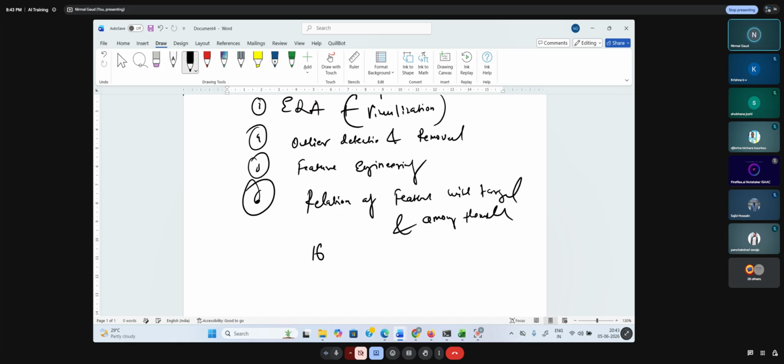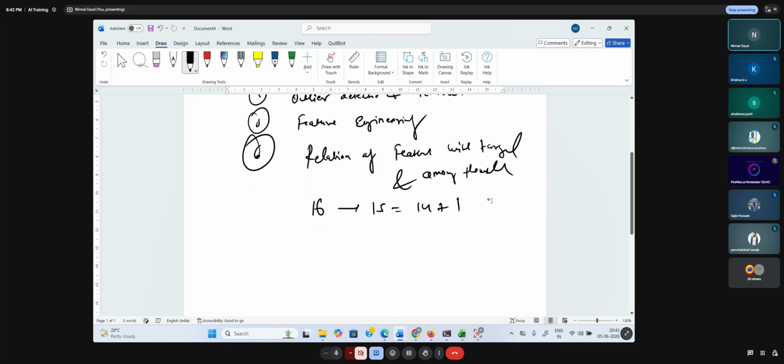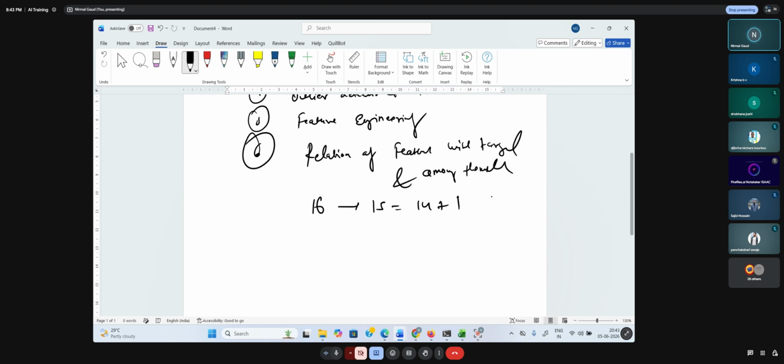Initially you were having 16 features. The ID feature you had dropped, then you are left with 15 features. In 15 you are having one target, so 14 plus 1. And with feature engineering you have created 15 more, so total will be 29 plus 1. So 30 features. One thing I just want to remind again, we never train a model with many features,